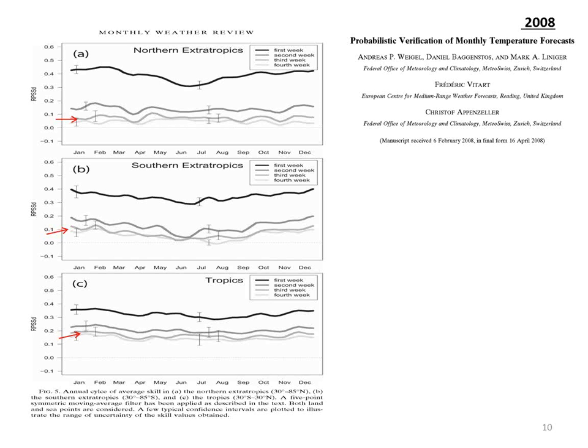So this is fast forward 14 years. This is 2008, from a paper by some people in Switzerland and then UK, Frederick Wittard and other people, for the northern hemisphere extratropics from 20 north to the pole, southern extratropics, and the tropics. The top line is the correlation, how the forecast score is for week 1, which is about 0.4, 0.5, and then week 2 and week 3 and week 4, where the red arrow is,